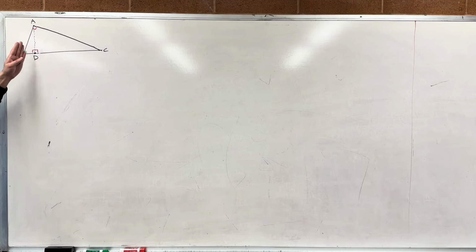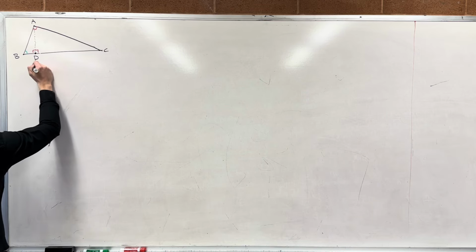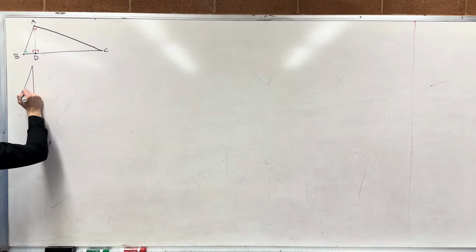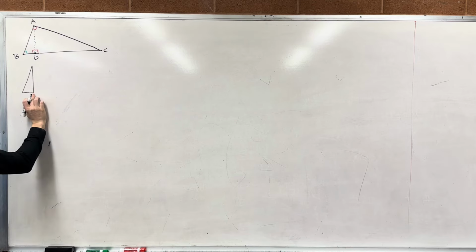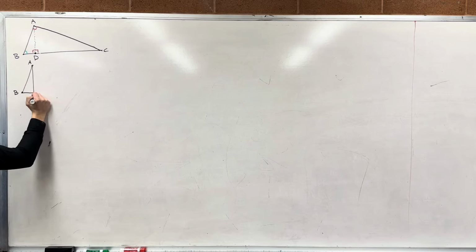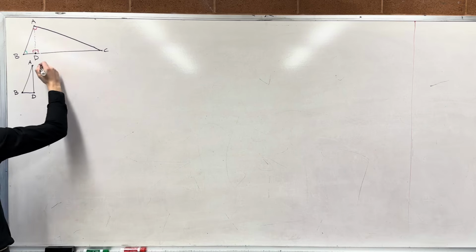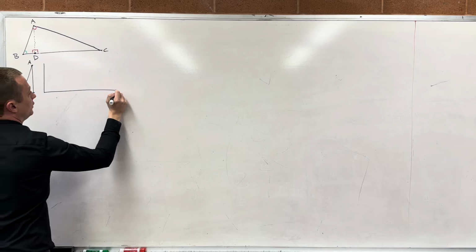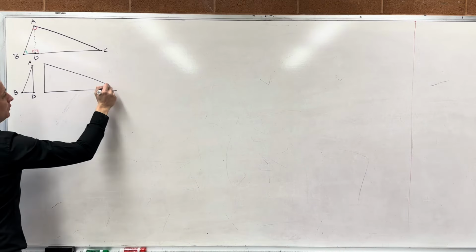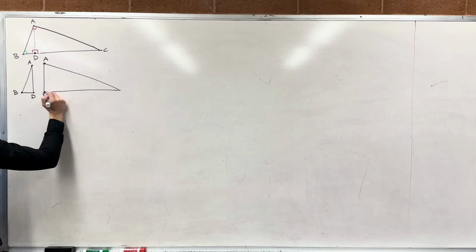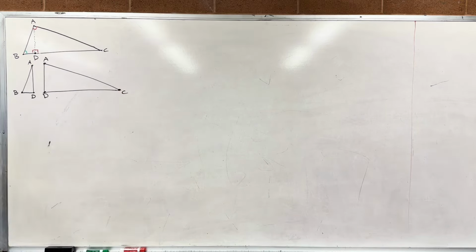I'm going to split the triangle at that altitude, and I'm going to redraw those two triangles side to side here. Hopefully it doesn't look too bad. If I can draw it half decent. So this was meant to be the point A, B, D. Trying to redraw this triangle, and then redraw this triangle. Something like that. This is a point A, D, C. With me so far? Yeah. Okay,